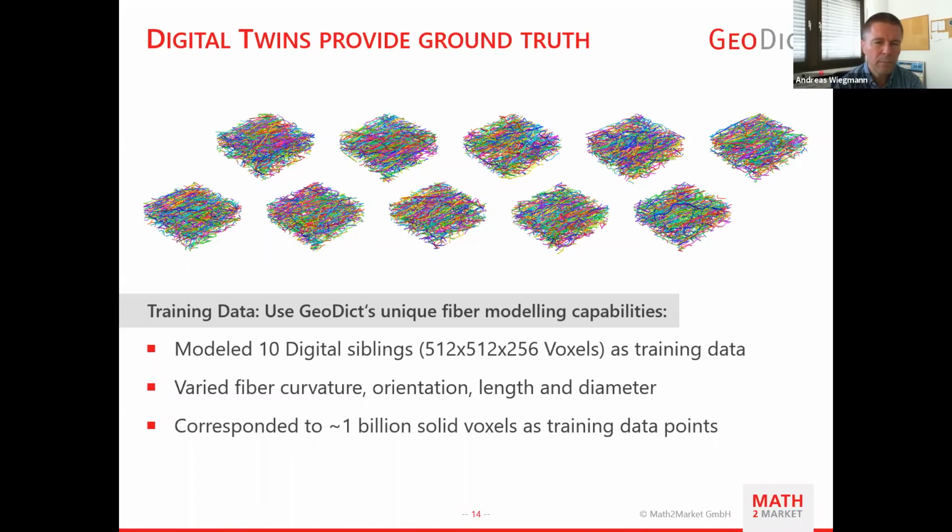With what I mentioned earlier, we have the possibility to generate 3D models. Very similar to the previous talk, our training data for the machine learning algorithms are computer generated. And up here we have an example of 10 digital siblings with a variation of fiber curvature, orientation, length, and diameter. This corresponds to about 1 billion training data points for the way we're doing it individually inside